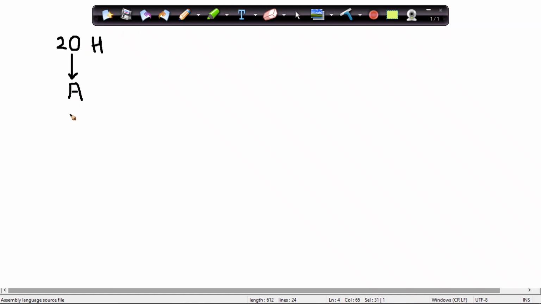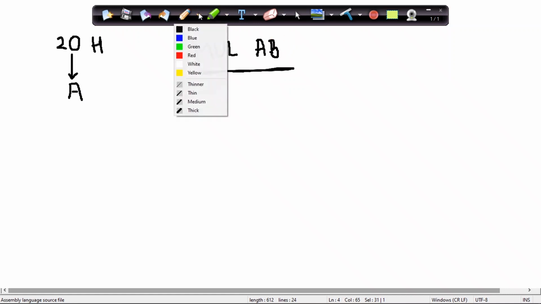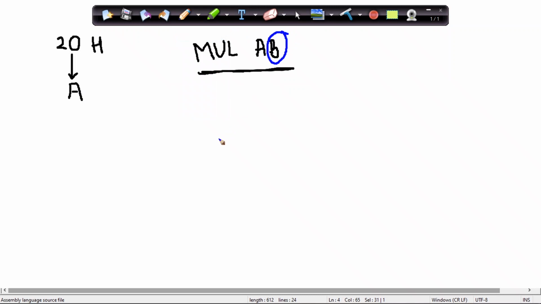For that we have an instruction called mul. MUL is performed as MUL AB. This is the instruction we have in the 8051 microcontroller. If A has this particular data, the same copy of that data should be present in register B also.